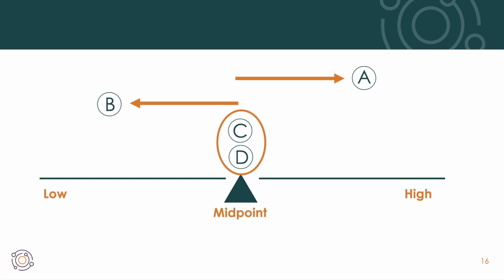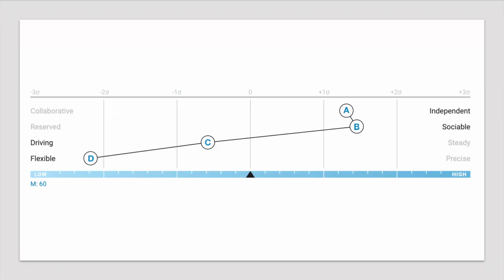Now, if a drive is staying closer to the midpoint, it means it's situational. So sometimes you might be high, but other times you might be a little bit lower in that trait, and it really depends on the moment and what the situation calls for. So with that, your results might look like this, or